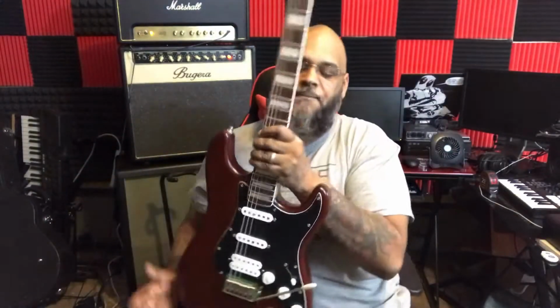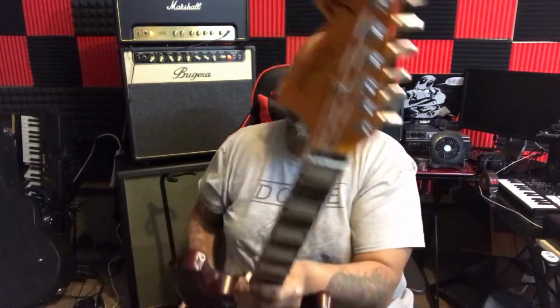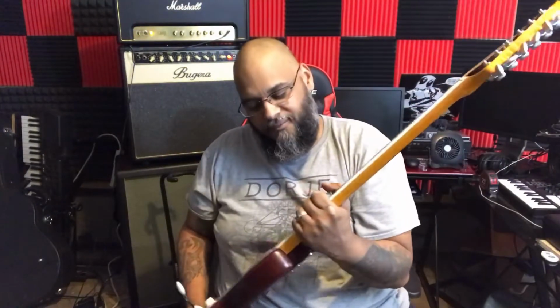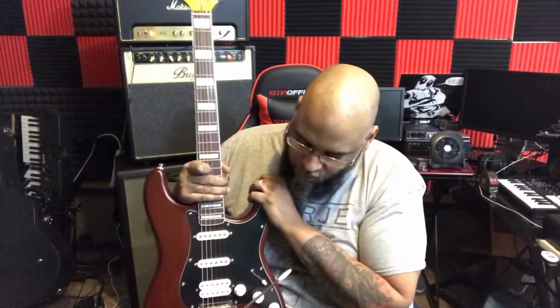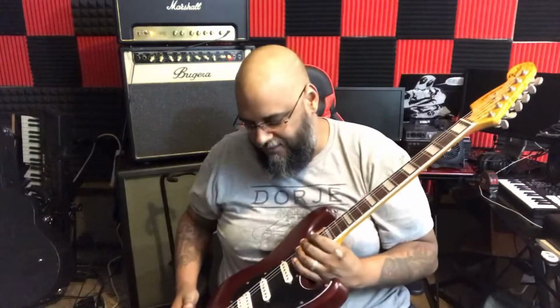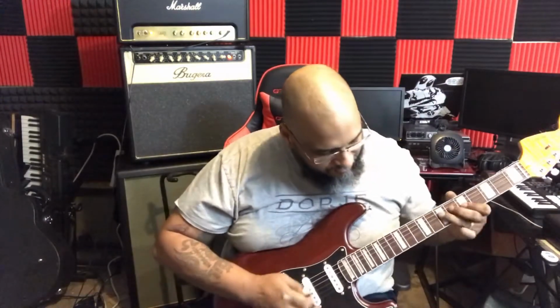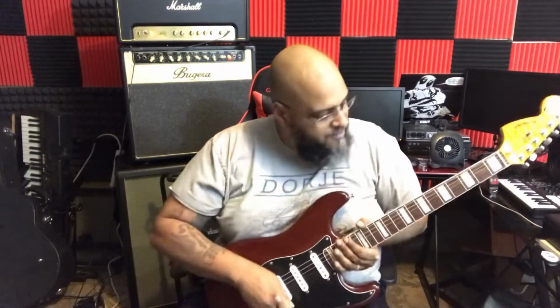So what we ended up doing was putting a whole new neck on it. Got that nice big fat 70s reverse headstock with the block inlays, bound. Get that look. So we had to go through and find some pickups that were going to work, find some electronics, and then right at the end I decided that I just wanted to make sure everything was right. So we went in and